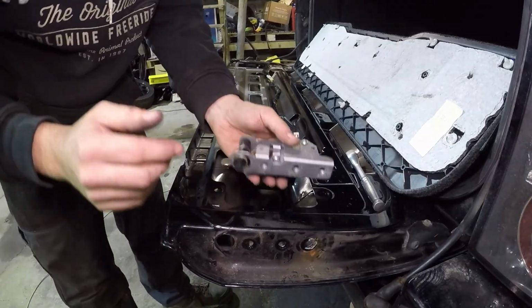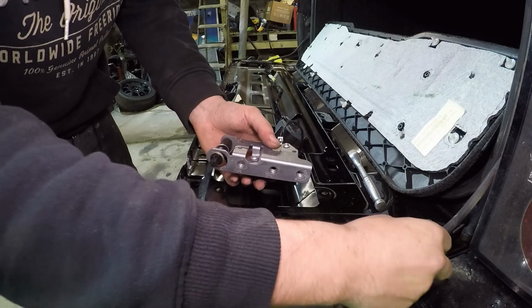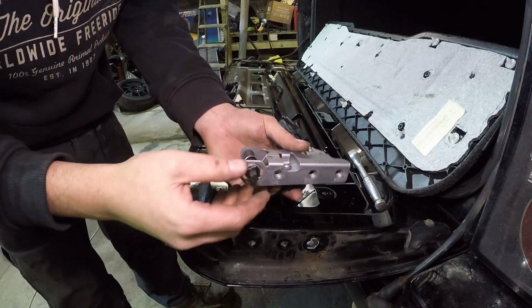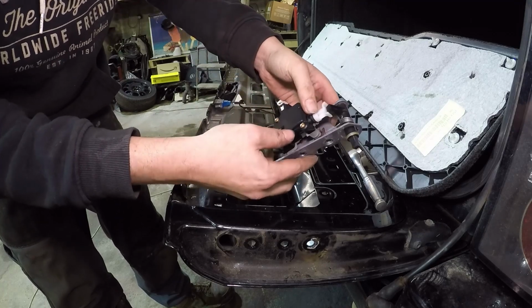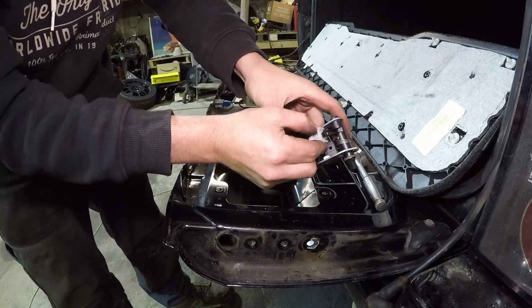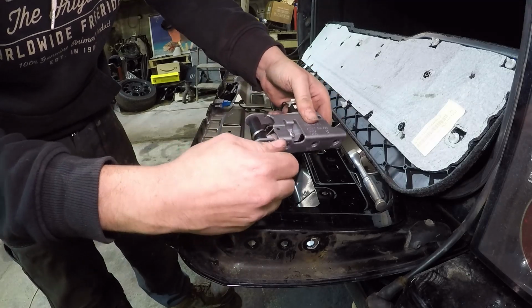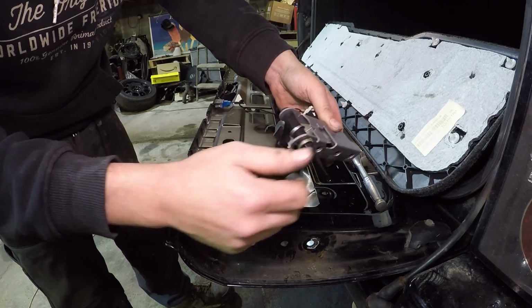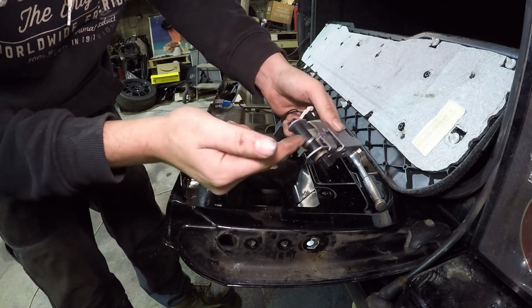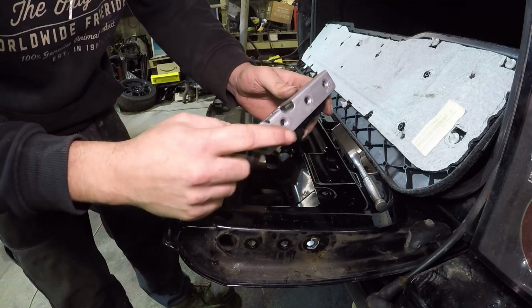Right, so what we've got here is if you undo the 13mm behind the tailgate strap, that will knock off this module. Really simple in here. You've got the arm, which comes off the actuator to open it, so that comes out to open it up. And then you've got a spring on this little arm, which makes it automatically return. If that's come off, just rewind the spring around, pop it back on, and it should be springing again. And then that goes through